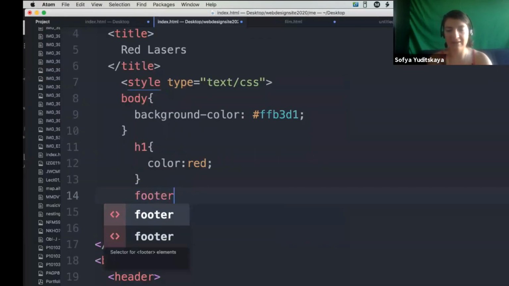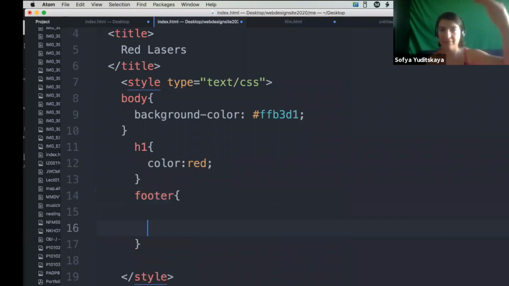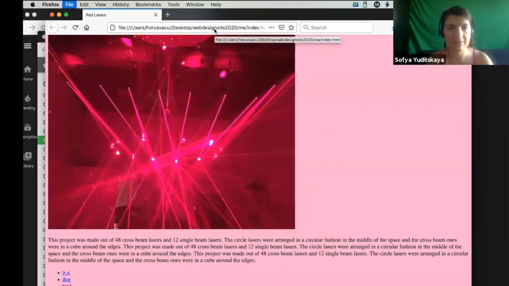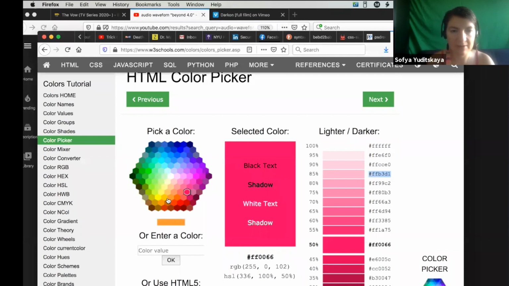But if I add the footer after it, and because the footer is contained within the body, I can overwrite it. So the same way that we overwrite our files, I can overwrite the content in the CSS code. So here I can say background color, and I want it to be something like